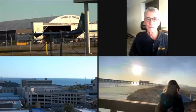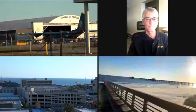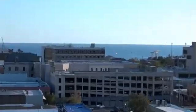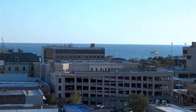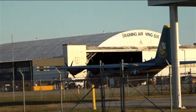Those of you who have had an opportunity to come out to the flight line when you visit the museum and get to watch the Blue Angels, out on the flight line, we have one of the original Fat Albert C-130s on display. And the JATO bottles that Wayne is talking about are still on there. So you can see what these things look like. JATO bottles, like Wayne said, are no more. They don't even make them anymore, because the aircraft today, the engines are just so powerful. But when you get a chance to come out to the flight line, and we hope we'll be able to open that flight line up in the end of March when the Blue Angels come back